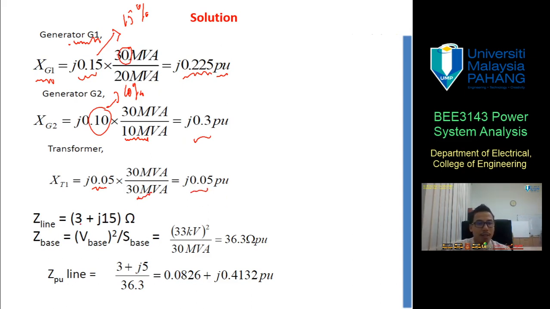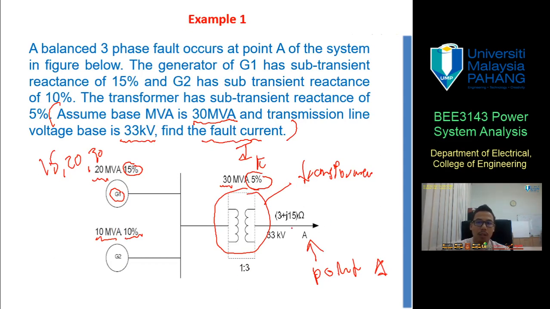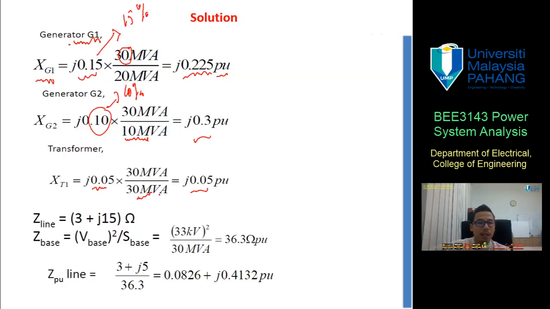Okay, next is about the impedance. So we need to find the line impedance per unit. The given value is 3 plus j15 ohm. This is the line impedance given, but we need to find it in per unit. So the Z line, the line impedance, is 3 plus j15 ohm. Then we need to find the Z base first. Z base, the base impedance, is V base